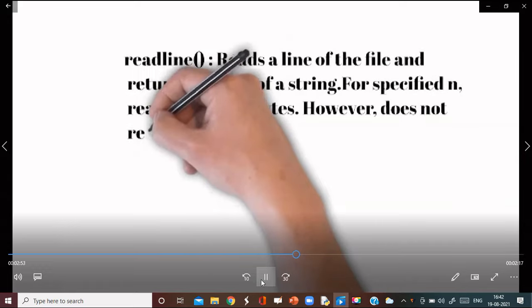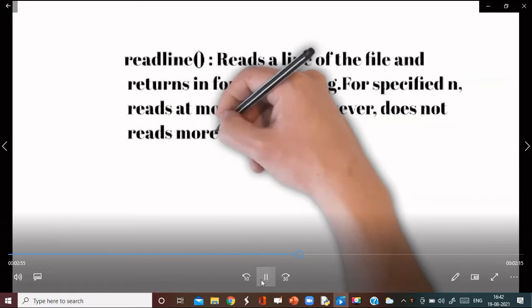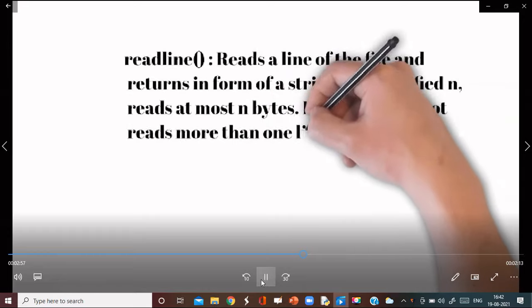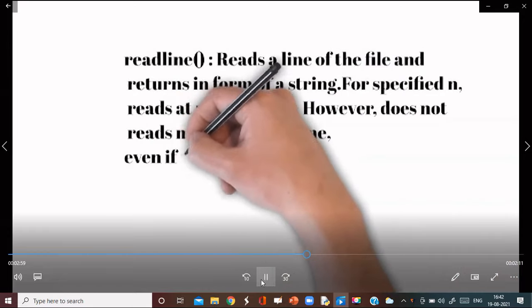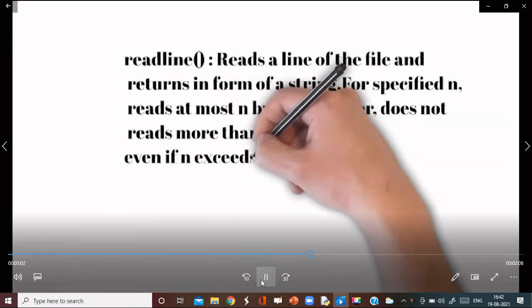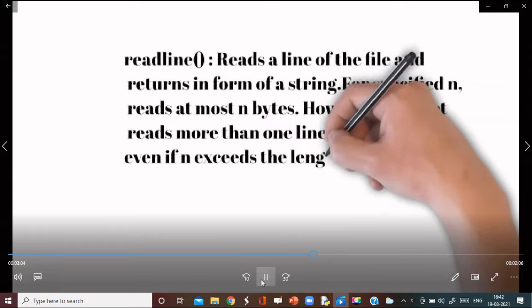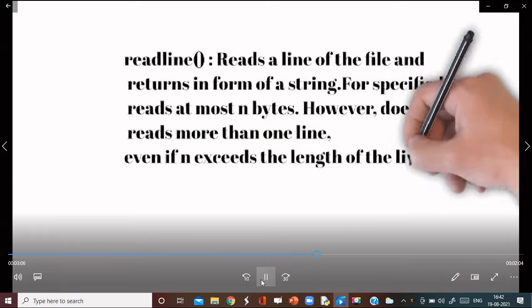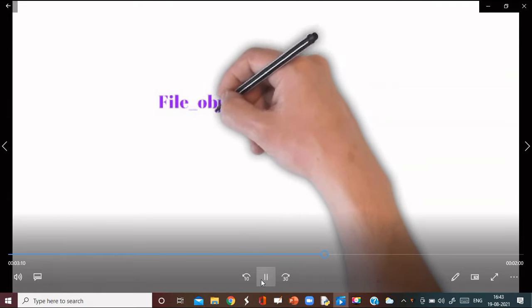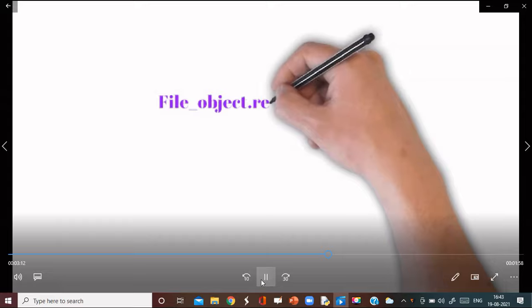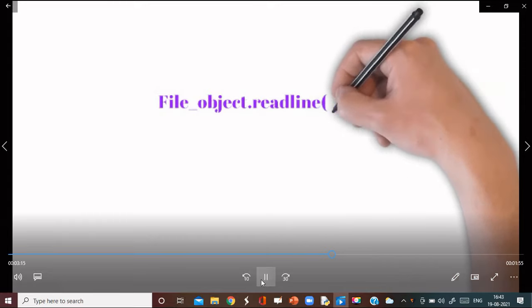However, it does not read more than one line at a time, even if n exceeds the length of the line. Syntax is file object dot readline.